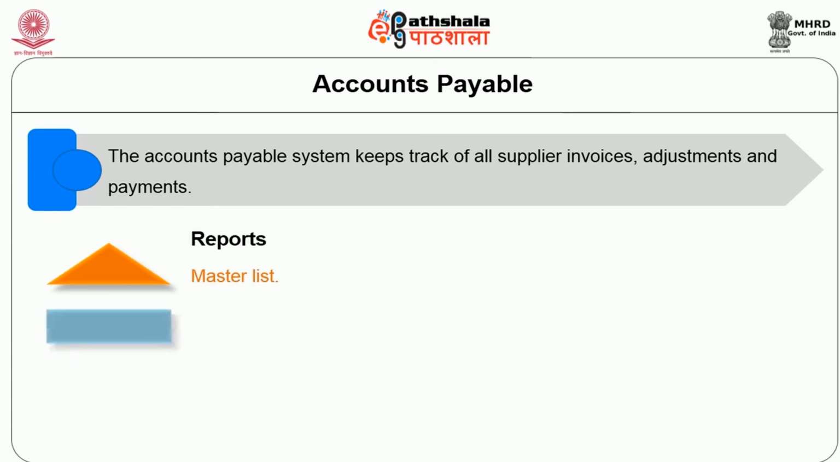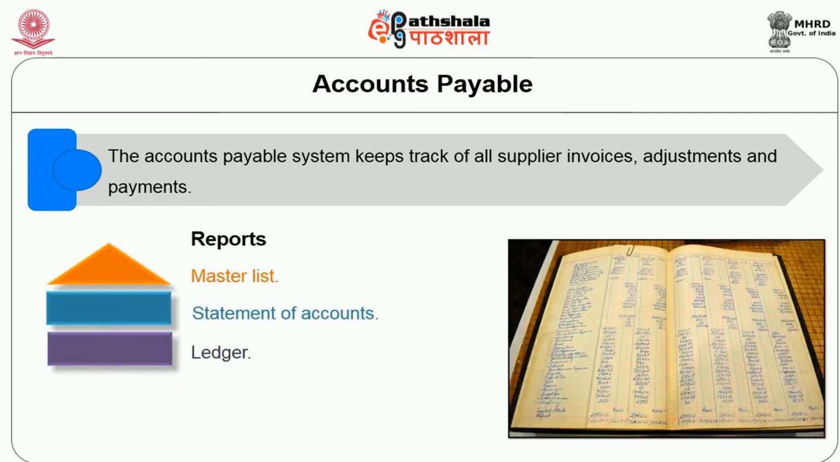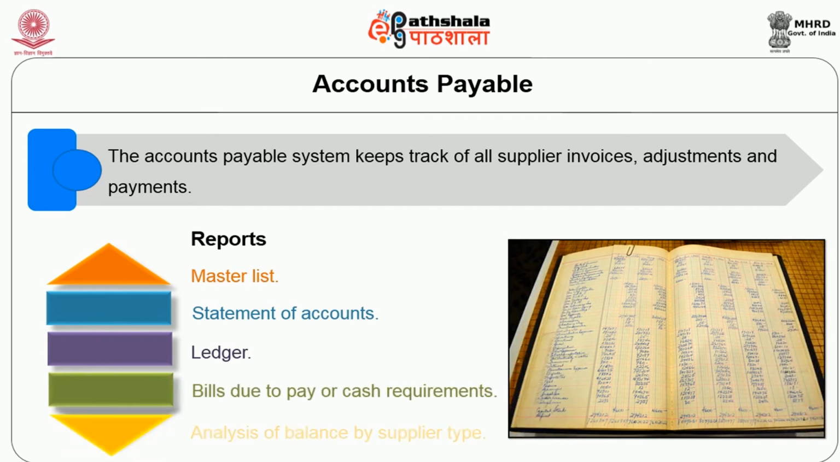So here the reports maintained are the suppliers master list, where you sum up everything in the master list. Next is the supplier statement of account. Here an individual statement of account is given in this book. Next is the suppliers ledger. Here the transactions are recorded. Then the suppliers bills due to pay, or cash requirements. What bills have to be paid, and what cash is required